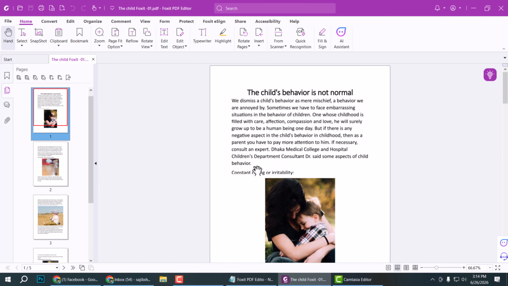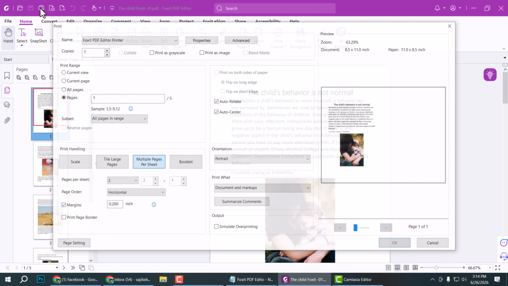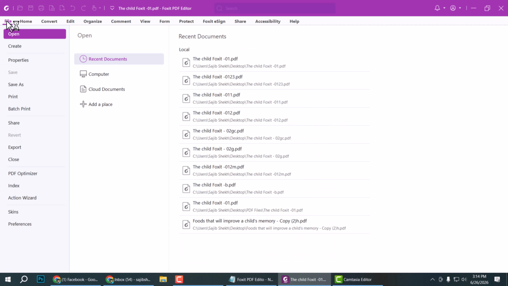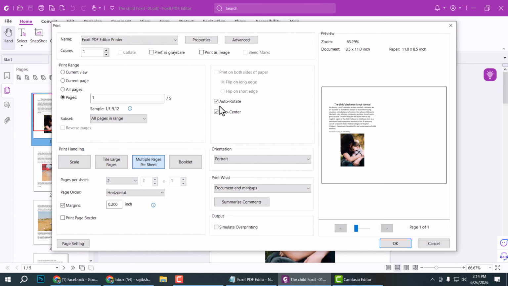Open your PDF file with Foxit PDF Editor and at the top left corner, here you will find this printer option. Click here, or select the File option and then Print. Click here. This printer dialog box now opens. Now select your printer here and select all pages, or you can select specific pages, and select here Print Handling